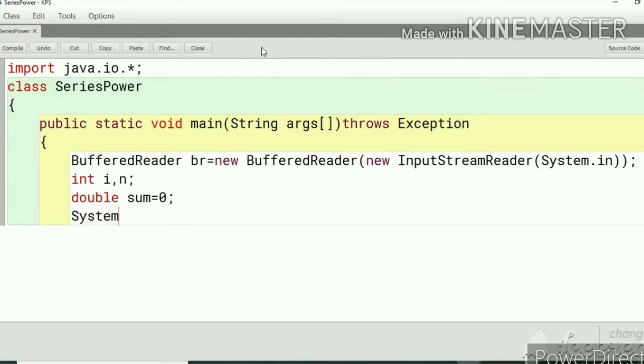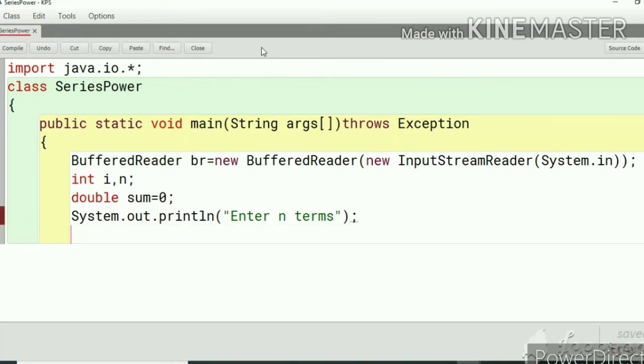We have to enter a number. For that we have to give a message. So System.out.println, here in double quotes, enter end term, double quotes close.